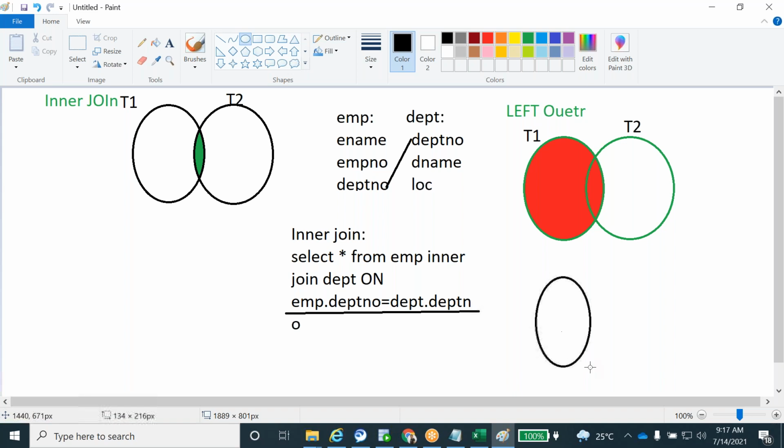We apply the right outer join. This is table 1, and this is table 2.